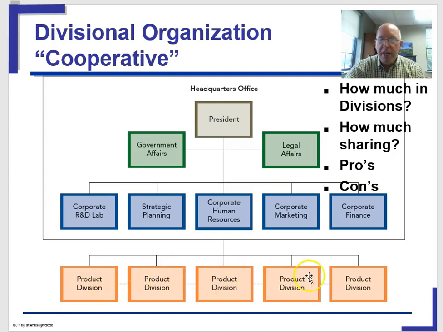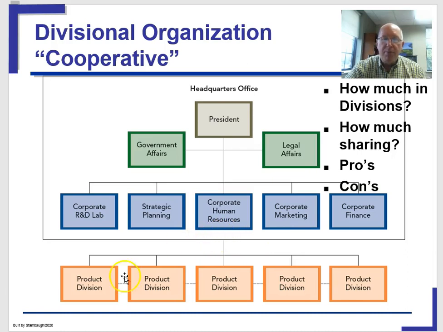The company tries to execute a sharing of information across the various products by having these product managers talk to each other, and also by having a strong corporate entity that serves as a reservoir of expertise. So, for example, the marketing people in all of these divisions would be perhaps talking to the corporate marketing office. So it's strong on accountability, or stronger on accountability, better on communication, but where it falls down is in cost.